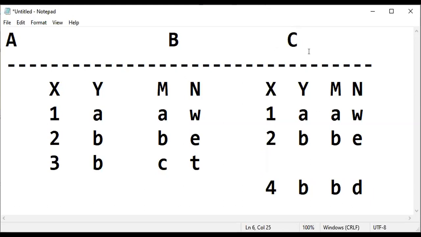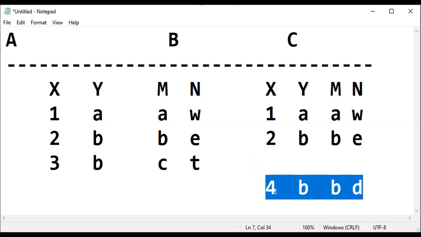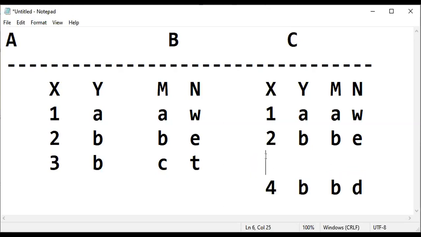If somebody asks you to insert a record, the only possible record to insert into this table is 3BBE. You cannot insert 4BBD. Suppose only two records were inserted and now 4BBD is inserted. It is allowed, but this tuple is spurious. Also see which tuple is not added: 3BBE is not added, so that is also spurious. So whenever you are inserting a record into a join of two tables, this is a dependent table, and you cannot add any record randomly as per your requirement.